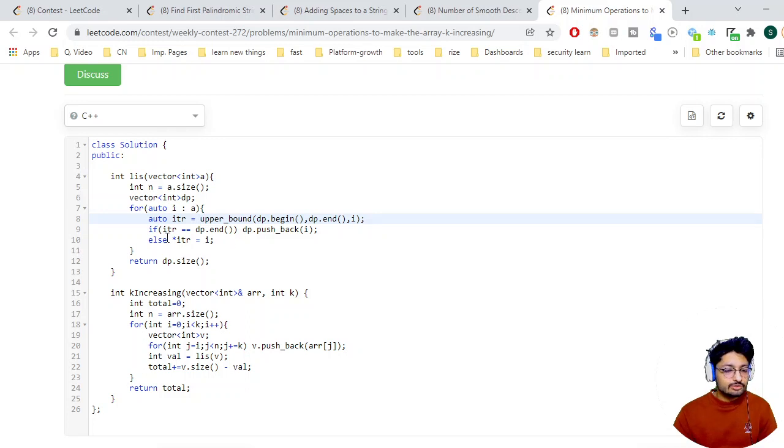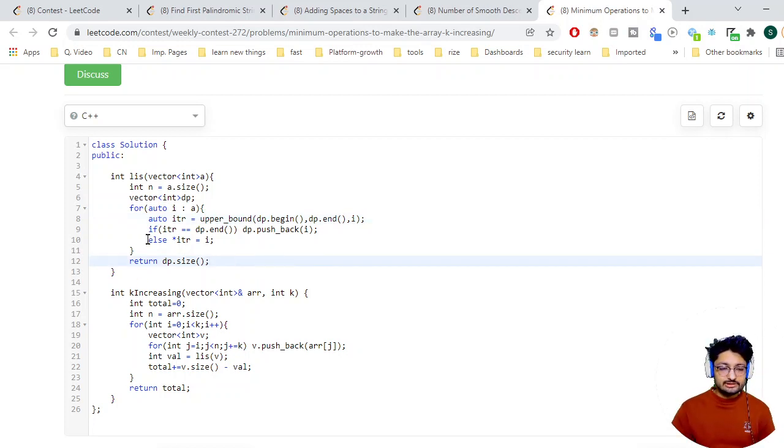So putting out a star means that I am taking out the reference of that number, not the pointer. Reference means that I am pointing at the particular number that is at that position, and changing that number to the ith number I am on. Let's say I have 6, so I will be changing 7 to 6, so that I'm enforcing that 6 there in this DP that is building out. And in the end, because everything is built out, whatever is the size of the DP array is the maximum subsequence length we can get. So we just return that. Cool. So that is the whole process.